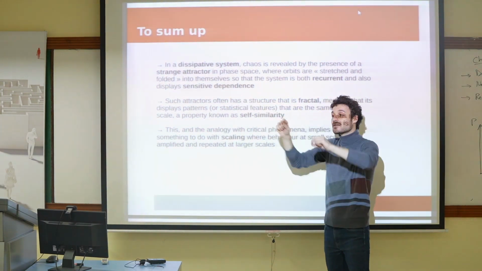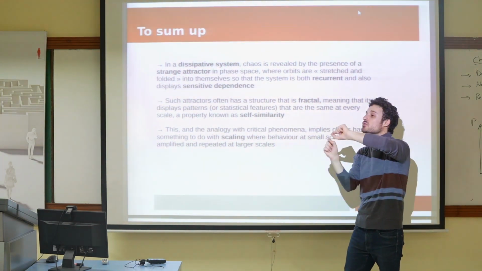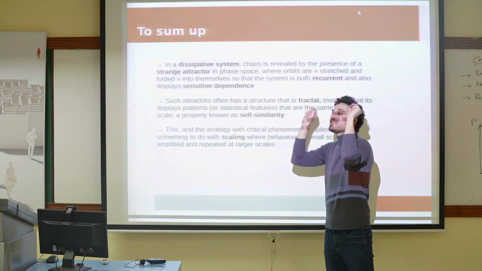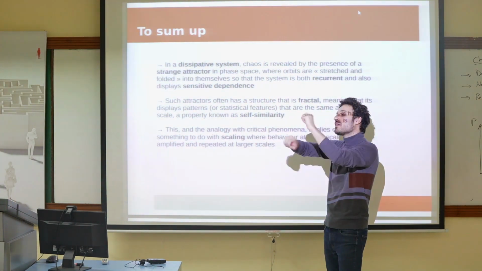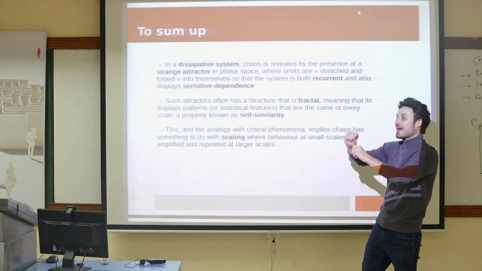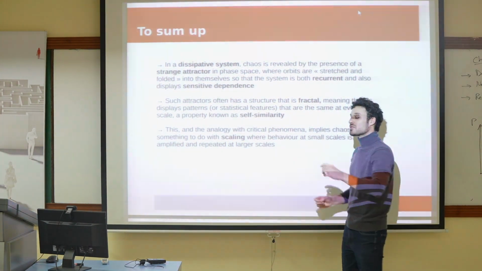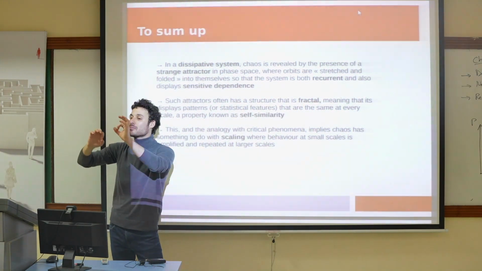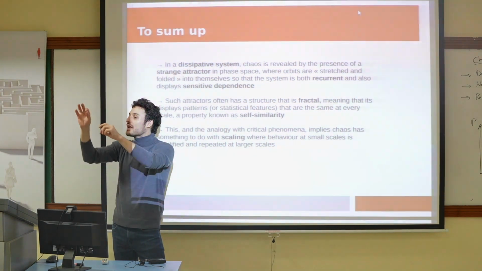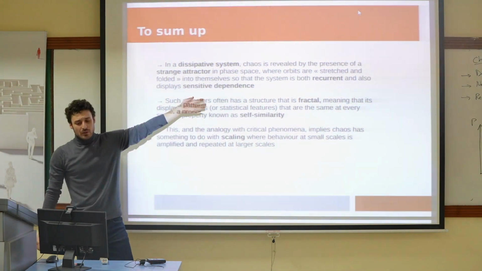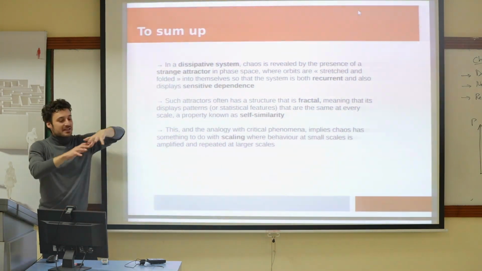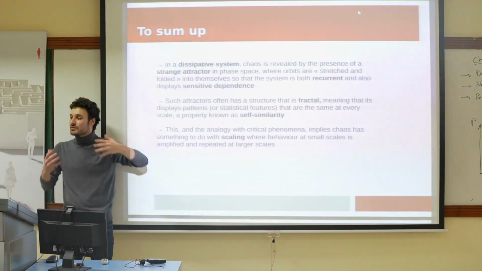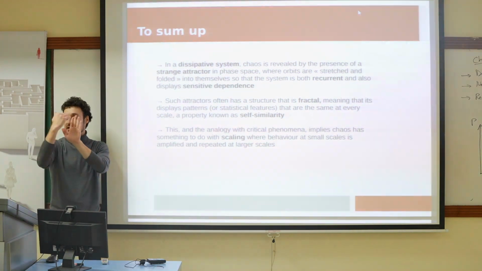Meaning that the system displays two important aspects of chaos. It's both sensitive to initial conditions, meaning the two initial orbits, as you saw with the animation, diverge, they don't stay near one another, but they don't infinitely move away from one another. At some point, they will come arbitrarily close to one another again. And this is what's called recurrence, right? So the idea that if I follow the trajectory of one particle, it never repeats itself, but it will come arbitrarily close eventually to any given point of its trajectory.